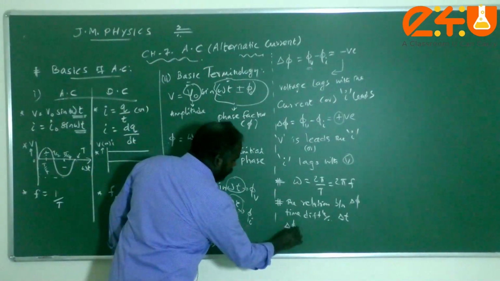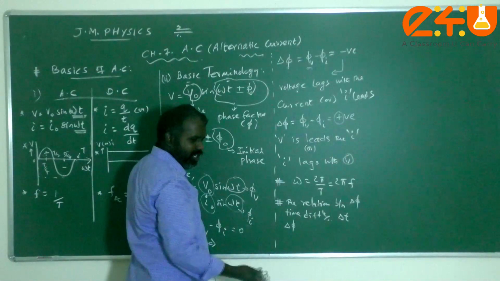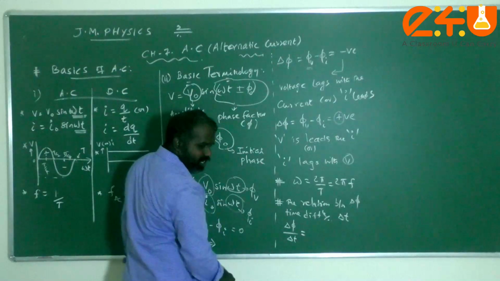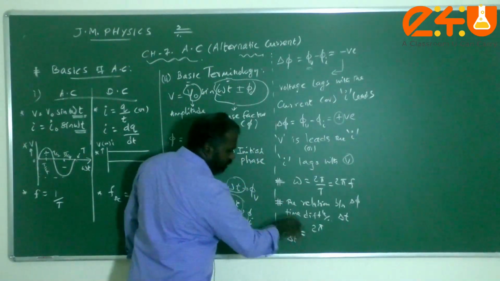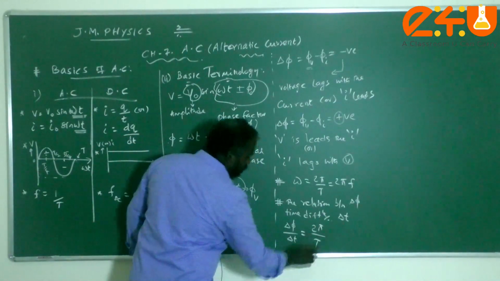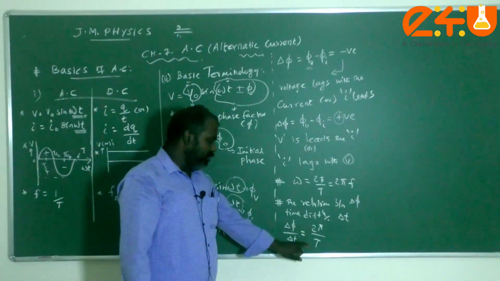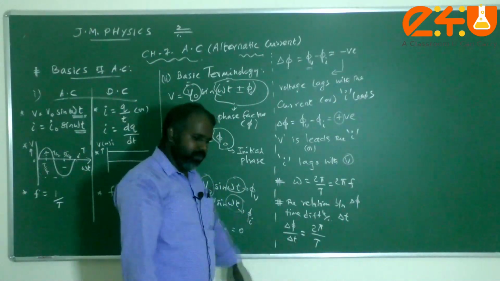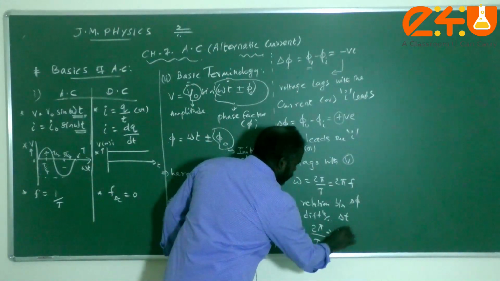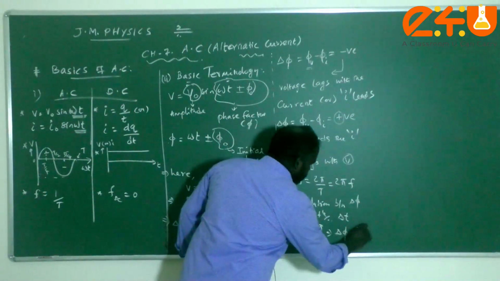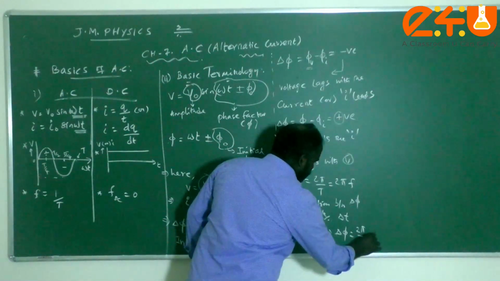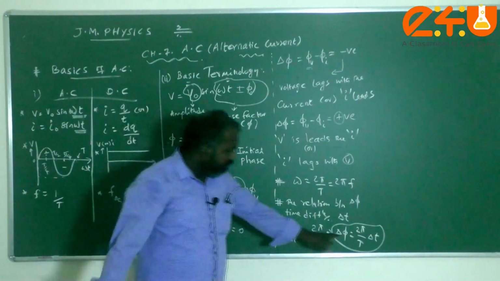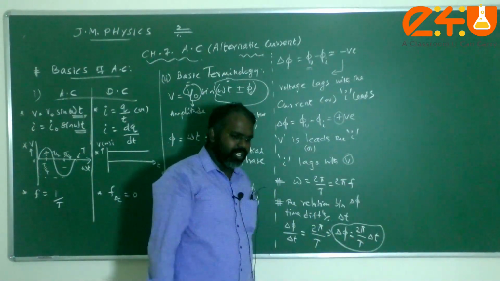So delta phi, or we can say d phi by delta t, this is for any time at any angle. That is equal to the total angle for one complete rotation over the corresponding total time for one complete rotation, that is 2 pi by T. For one complete cycle, the angle variation will be 2 pi, and the corresponding time is the time period. So from this we can say that delta phi is equal to 2 pi by T into delta t. You just cross multiply. So this is the relation between phase and time difference.